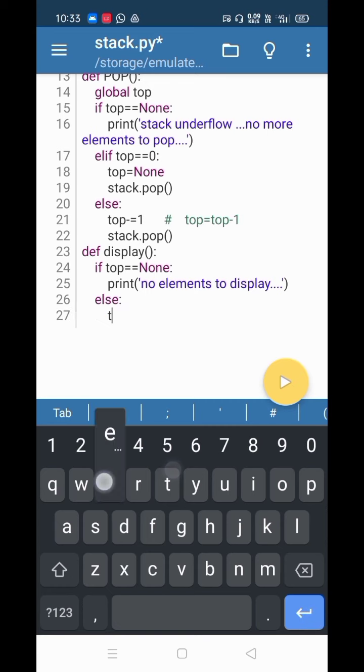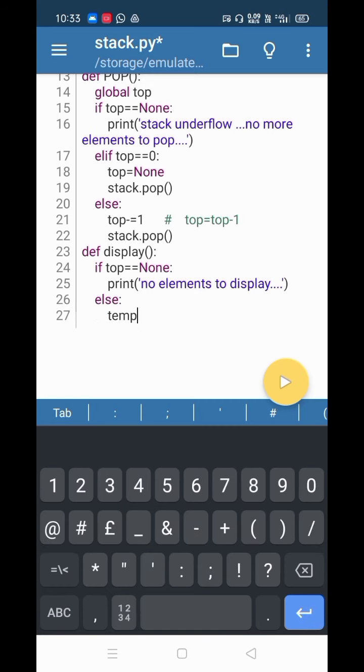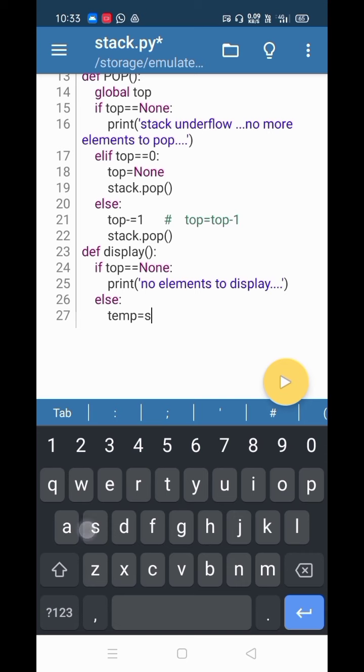So first I will create a temporary list. I will make a copy of it, so the changes I make in this temporary one will not reflect in the main one. Then I reverse it.